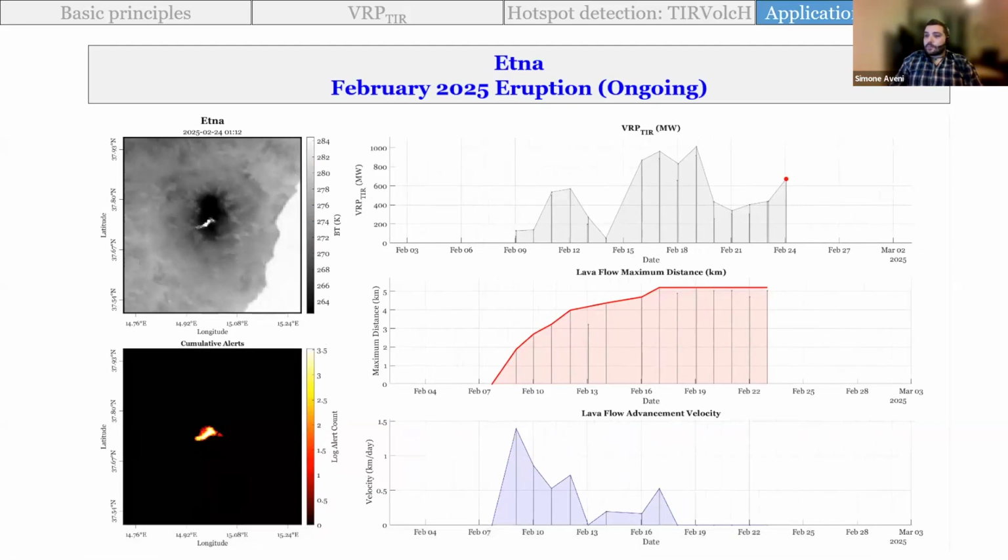So this is just an example of what can be done with this time series, with the VRP tier, with TierWork. But now let's try to put this into a more global perspective. And let's start to think what we can do if we have this information, at least the information where we can correctly quantify heat sources from hydrothermal systems at a global scale.